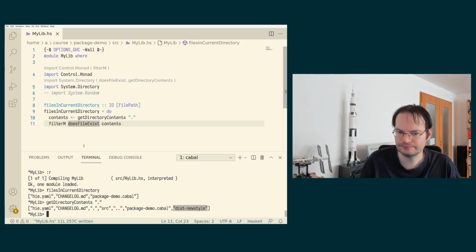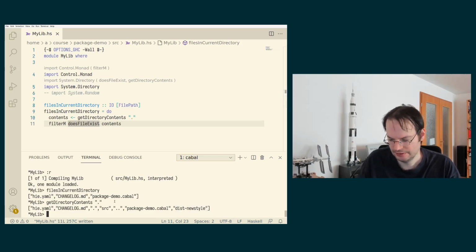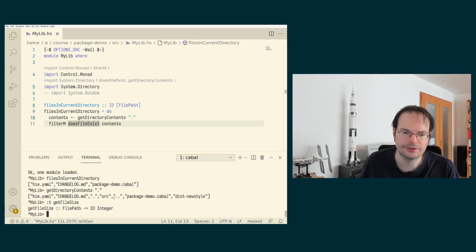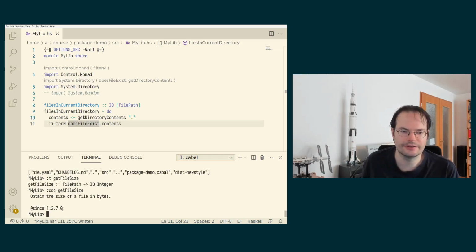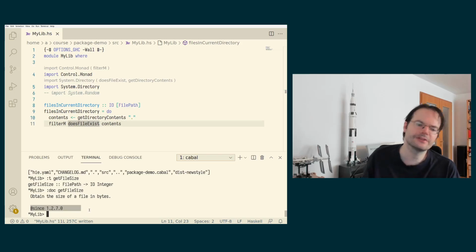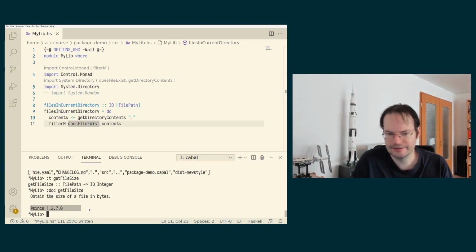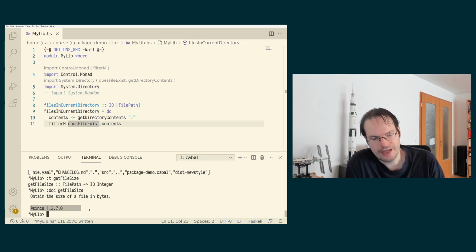So there is a function getFileSize, which takes a file path and returns an IO Integer. Again, we can ask for the documentation, and it actually gives us back the size of a file in bytes. So this is an annotation you sometimes see in documentation strings that says that it's a function that has been added to the library at some point, and then it shows the version number of the library since when